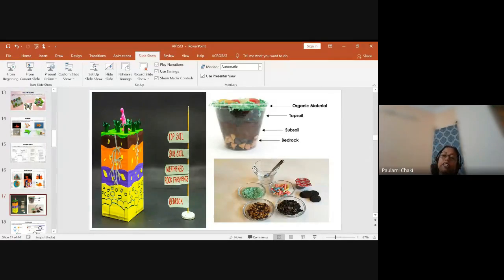They can nicely use different colored papers, or they can use newspapers, wrap it. Newspaper is reuse, recycling. Wrap it and then color it, different colors. And then they can use a little bit of origami also, and they can represent the different types of soil. This is one thing which is edible soil profile.